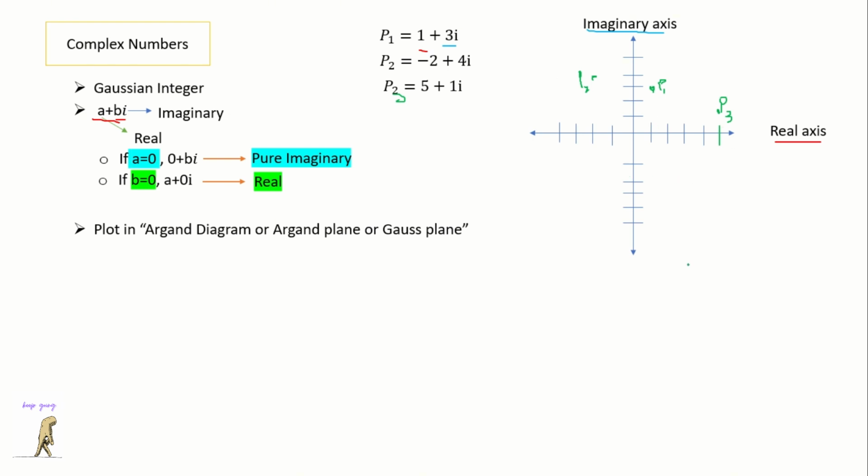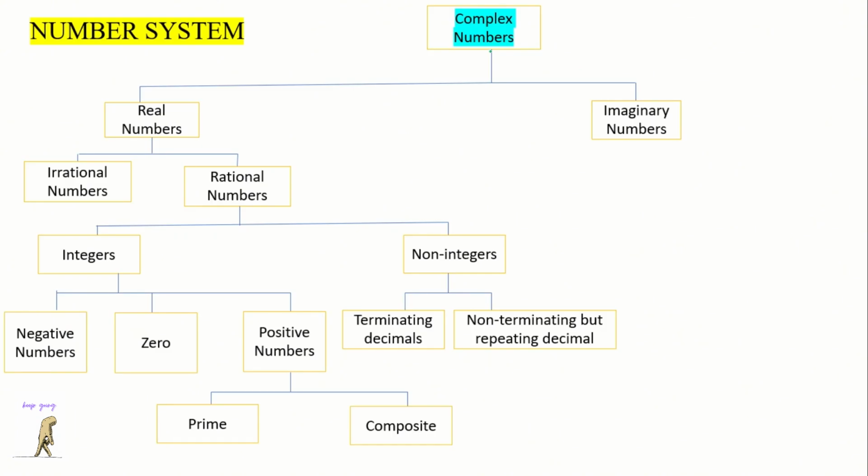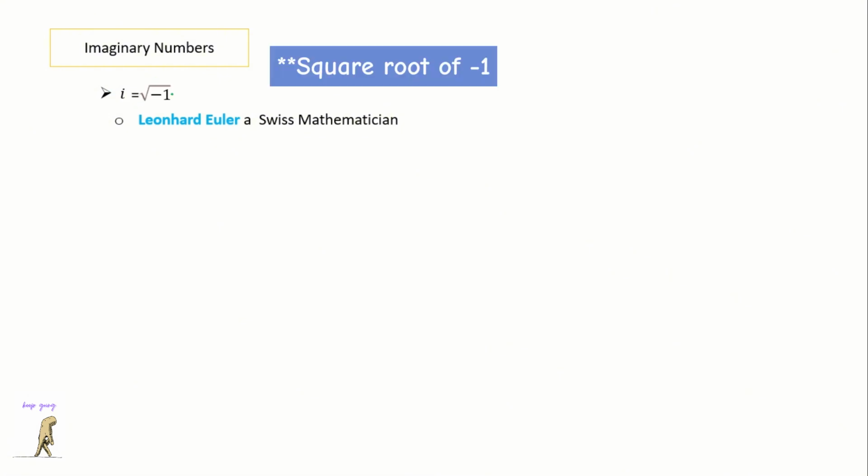Let's go to another topic under complex numbers in order for us to understand it more. We are already done with the overview of complex numbers. This time, let's elaborate more on imaginary numbers. When we hear imaginary numbers, the first thing that comes to mind is the letter i, the imaginary symbol. Do you know that it was introduced by the Swiss mathematician Leonhard Euler, and it has a value of the square root of negative 1?